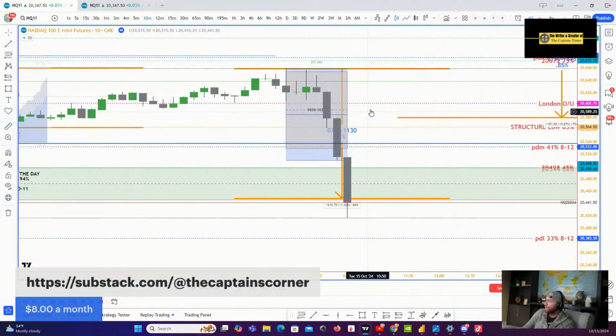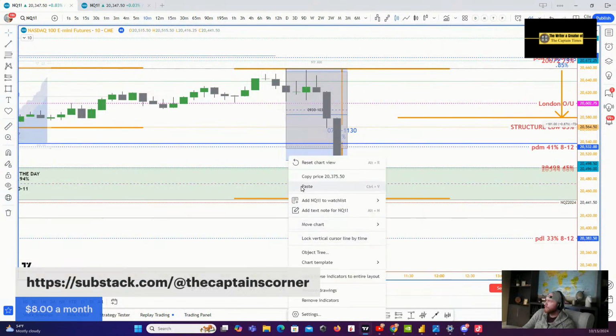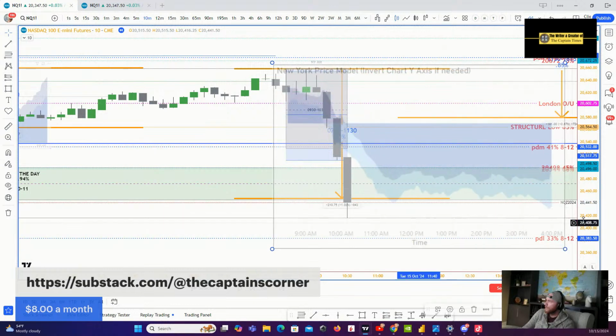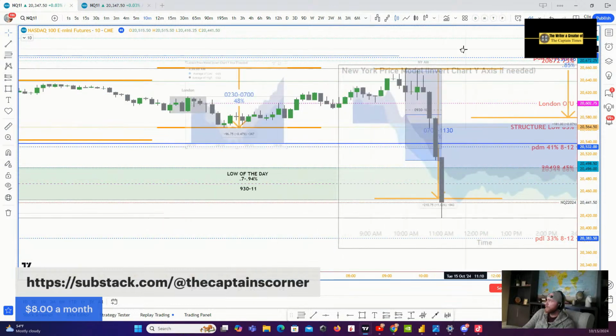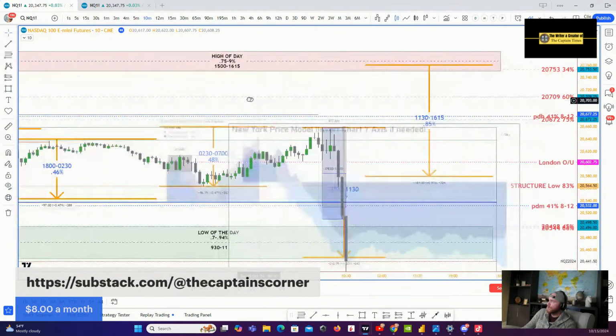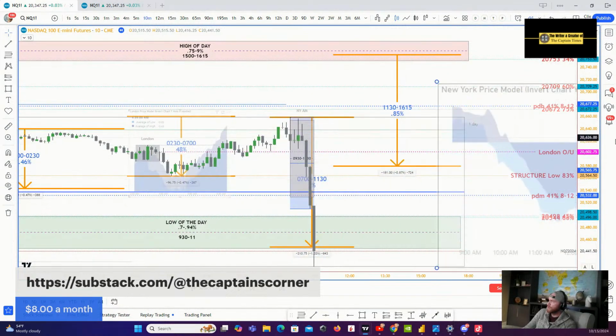So we knew that up into this point, like this is kind of like what we're looking at right here, right? We drop, then we go into a range for the next 3 hours, and then we drop again, right? And the only way this was going to work is if, and I think I talked about this on the stream,